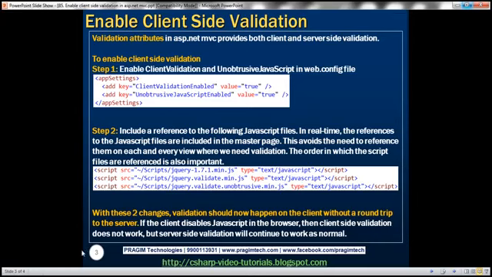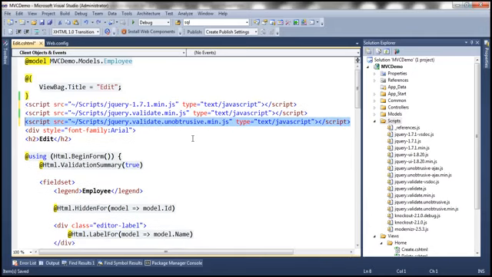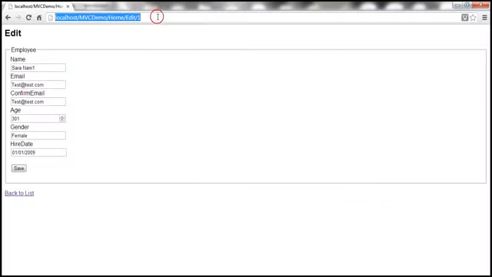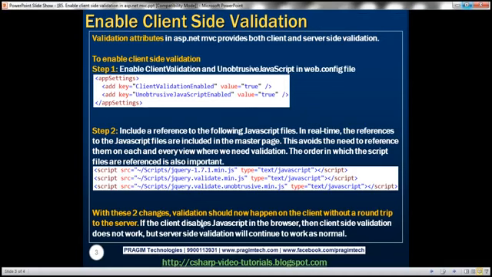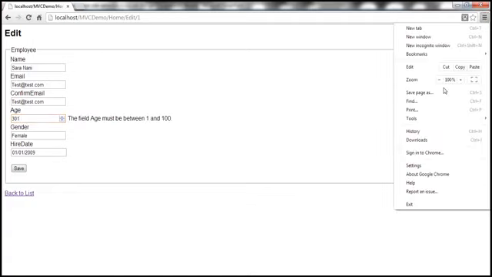Alright, another thing, actually let's put that back to the right order, and let's reload this view so that the script files will be loaded. And then look at this, client-side validation will not work if the end user has disabled JavaScript within the browser. So within the browser we can disable JavaScript. So at the moment client-side validation is working, but then if I go ahead and disable JavaScript,